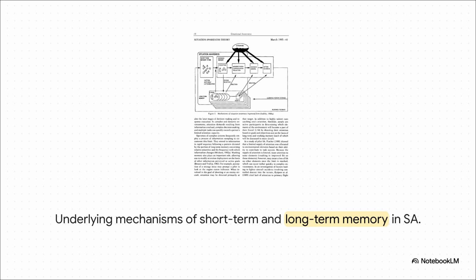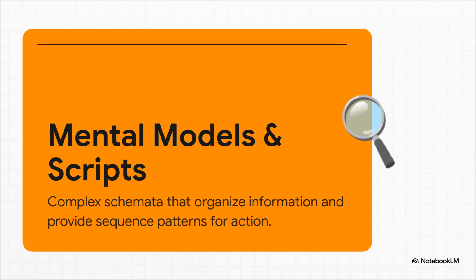Up at the top, you have your incredibly limited supply of attention, and that feeds straight into working memory. Now, working memory is a massive bottleneck. If you drop a total novice into a complex situation, they literally have to hold every single new piece of data in their working memory just to try and figure out what's happening. It is completely overwhelming. But experts? They don't get overwhelmed. And the reason is they rely on the structures you see down at the bottom. Long-term memory. Basically, experts completely bypass that working memory bottleneck by using mental models and scripts. You can think of a mental model as a highly detailed cheat code.